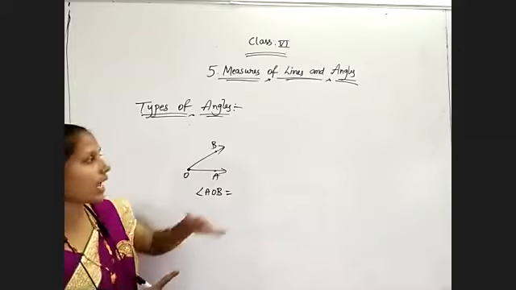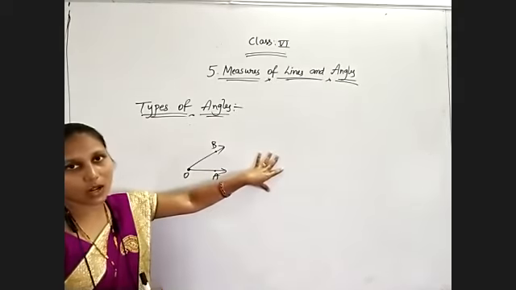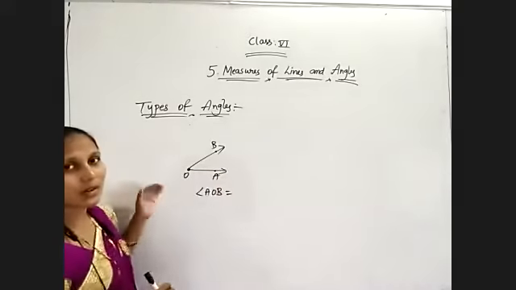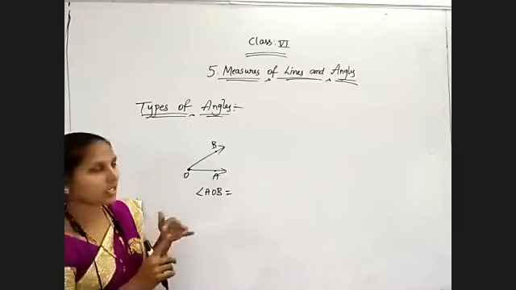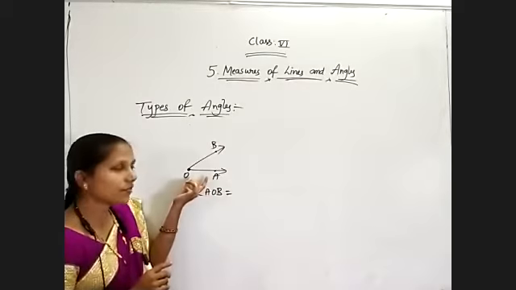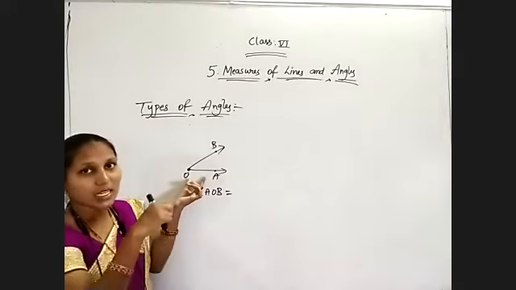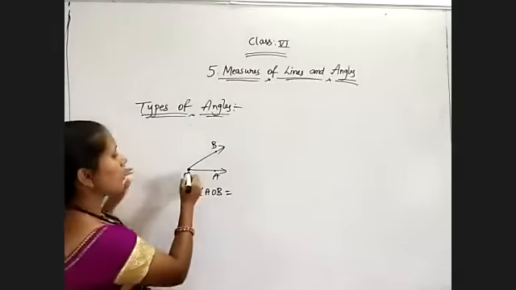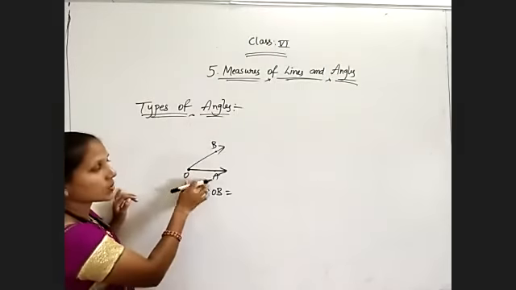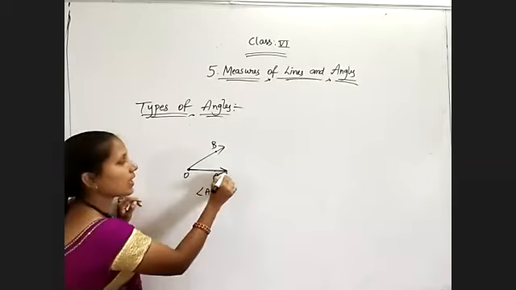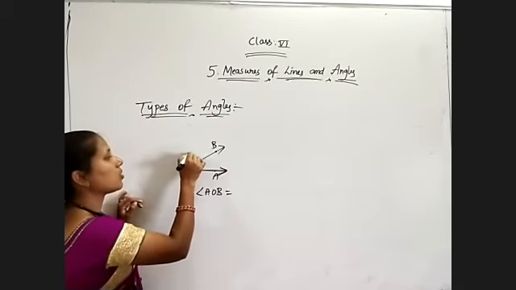When measures are given, I have given several types of angles. If it is lesser than 90, then we call it an acute angle. Now just observe, that depends on the 90, 180 or 360 degrees combination. So now observe here, first of all I am trying to draw its perpendicular. Perpendicular means which makes a 90 degrees angle. I am taking any one of the arms, either OA or OB. Sides of this angle are OA and OB. So select any one of the arms and try to construct its perpendicular by using the protractor.